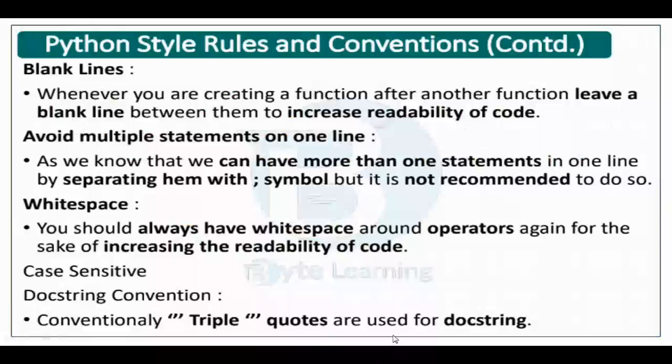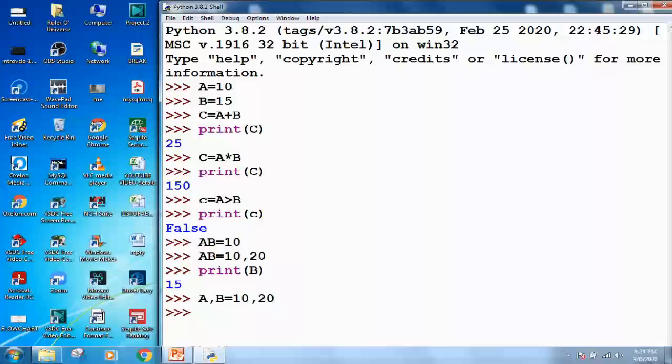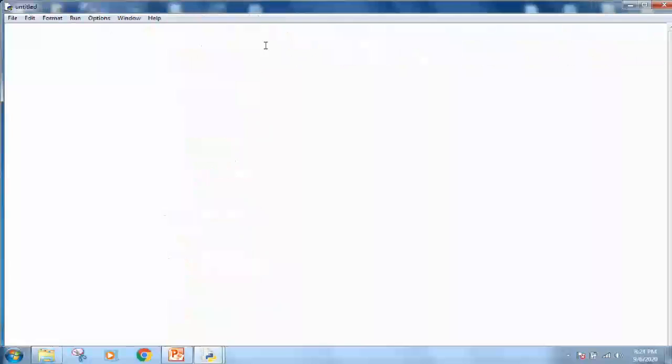Now before I go to the variables in the program, I want to write a Python program and show you how all these things are managed in Python. Let me write a Python program in which I am going to use all these things. I am using the script mode of Python to make a program. For example, I want to make a simple program to print hello, and I want to write some information about the program.